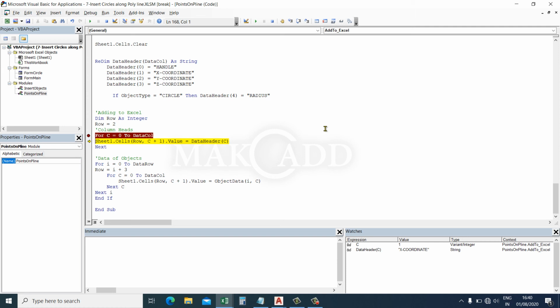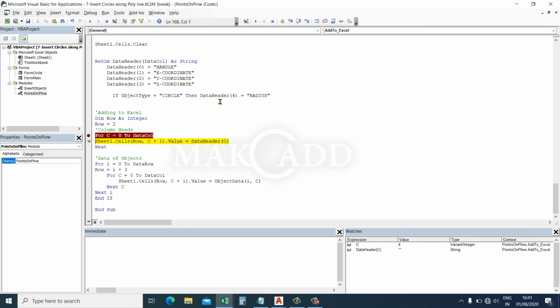Now the handle is 1, x coordinate. Again next C, C is equal to 2, y coordinate, then next C, it is 3, z coordinate. Okay, next it is getting empty. So object type is circle.